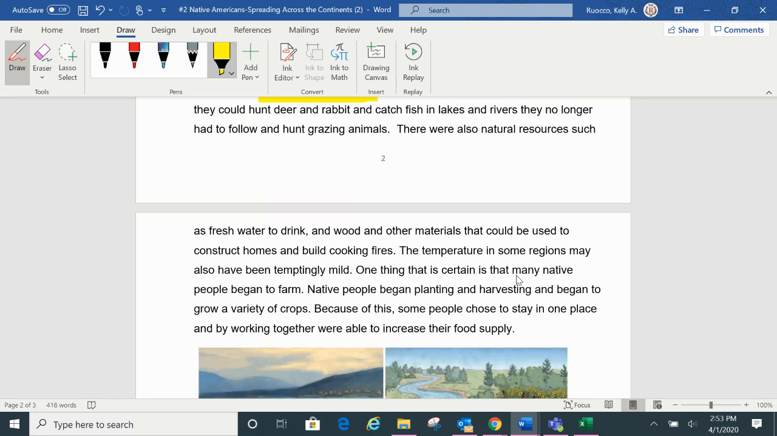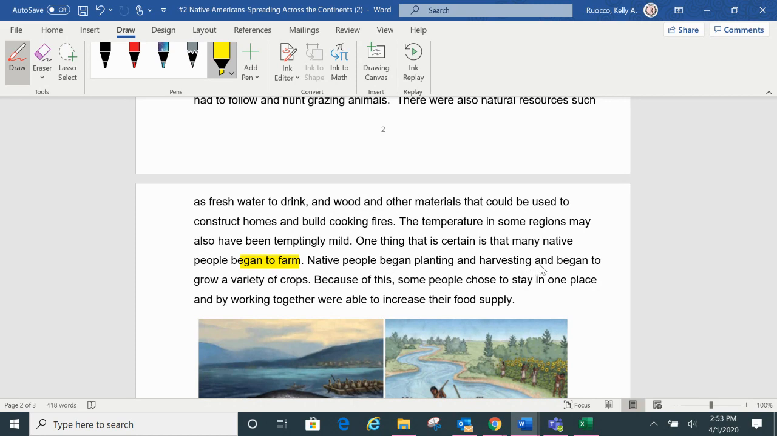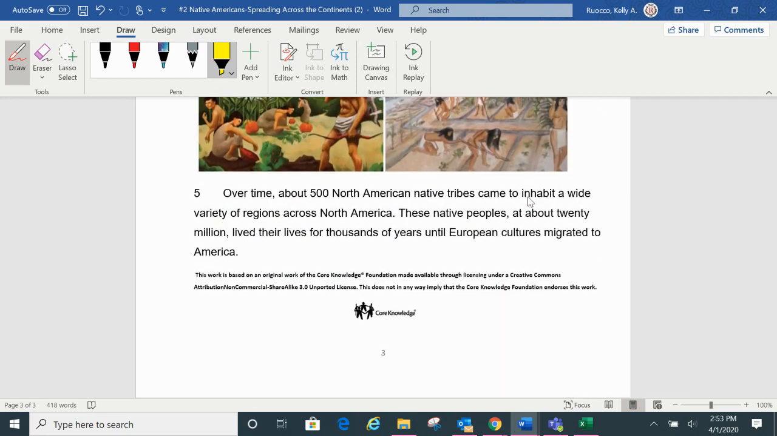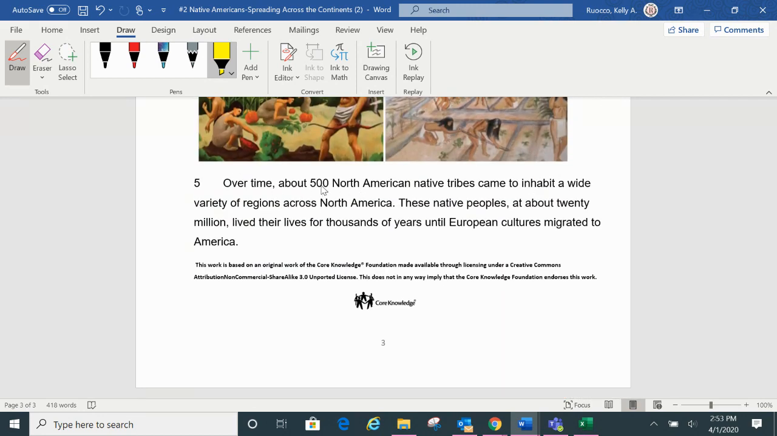One thing that is certain is that many native people began to farm. So I find that interesting. They were once moving from place to place, but now as they settle, they're farming. Native people began planting and harvesting and began to grow a variety of crops. Because of this, some people chose to stay in one place, and by working together, were able to increase that food supply. Over time, about 500 North American native tribes came to inhabit